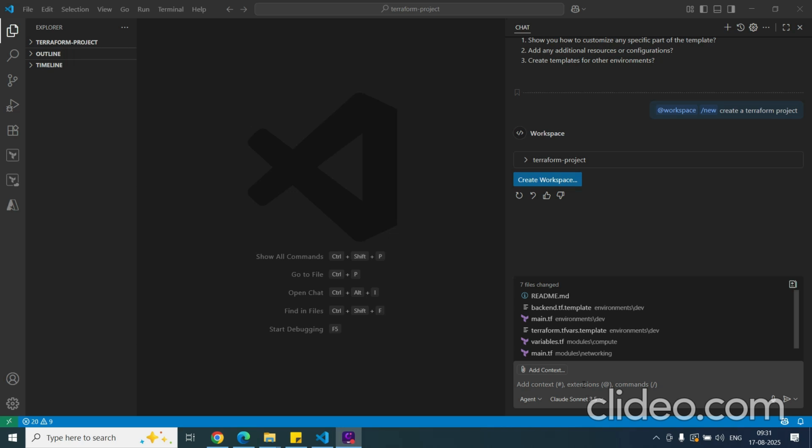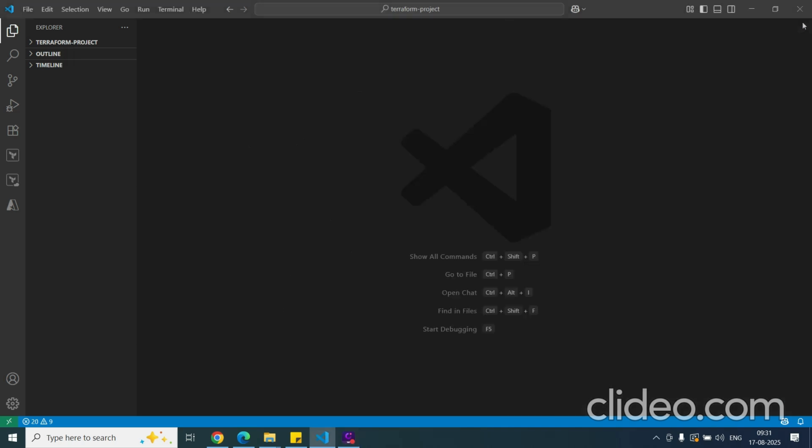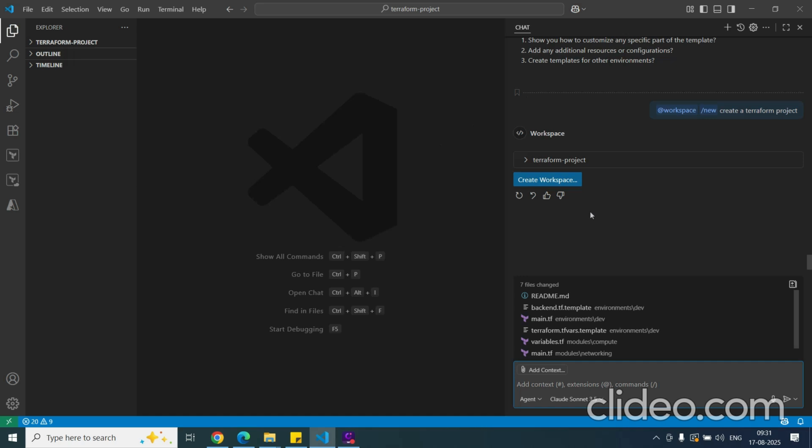Okay, so here I'm in the GitHub Copilot chat window. If you want to understand how you can open it, you just go to VS Code and type Control Shift I. Okay, now you see you're able to open the chat window, and here I'm simply asking @workspace and then